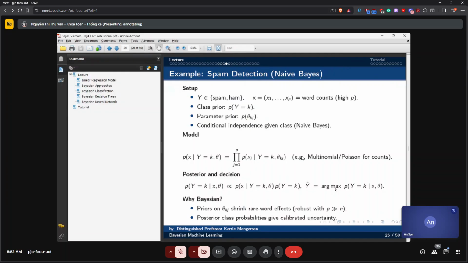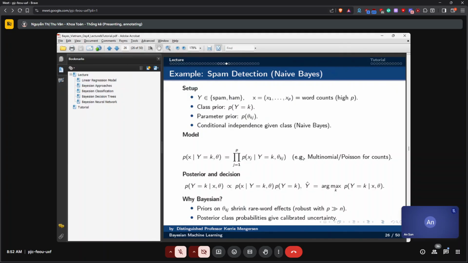Okay. Now we have a prior probability on whether we have spam email or not spam email. And we also have a prior on each of the parameters. So this is for each word count, whether that word is actually going to be spam or not spam. Okay, so we're going to have conditional independence given the class. So once I know that it's spam, then I've got one set of relationships that's going to be independent, versus if I've got not spam.